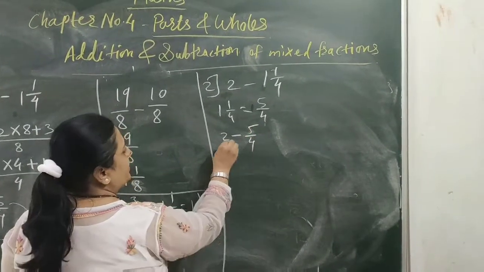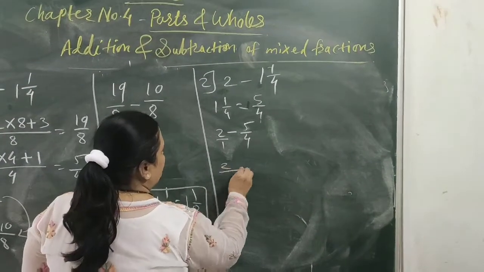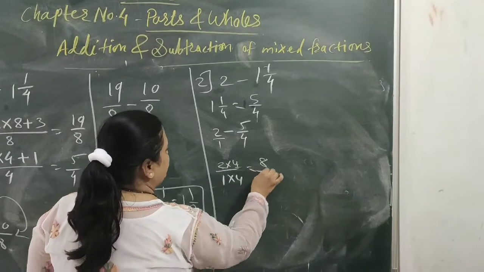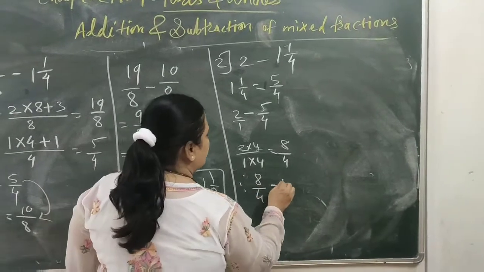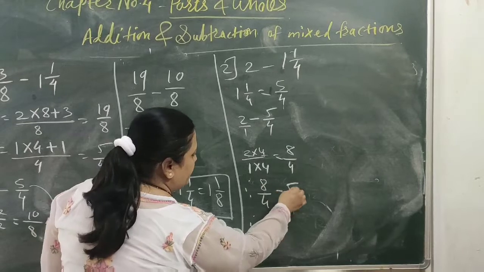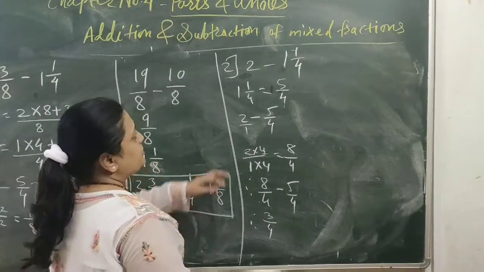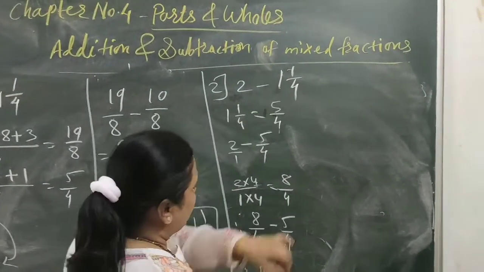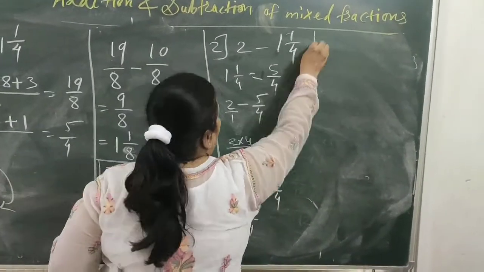Here the denominator is 1. Okay. So 2 by 1 we will multiply with 4. 2 4s are 8 and 4 1s are 4. Now denominators are the same. So 8 by 4 minus 5 by 4. So what is our answer? See here, 8 minus 5 is 3 and here 4 as it is. So check your answer. What we have said, 2 minus 1 is equal to 1 1 by 4. Is it the same? No, it is not the same. So that's why always solve with the proper method, it is better.